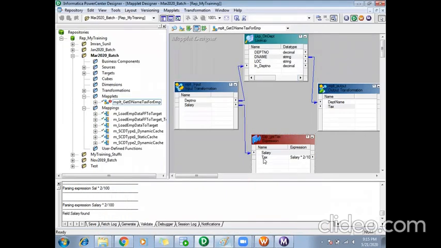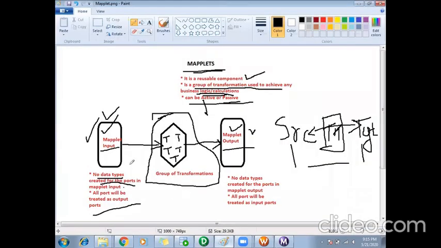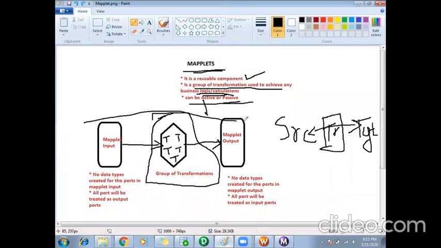This I will link to my mapplet. So my mapplet is done. I'll say arrange all iconic. If you see the mapplet here, it looks similar to the image here. It will have a mapplet input, mapplet output, and a group of transformations.